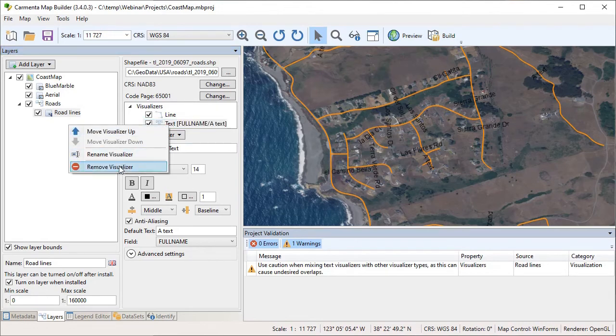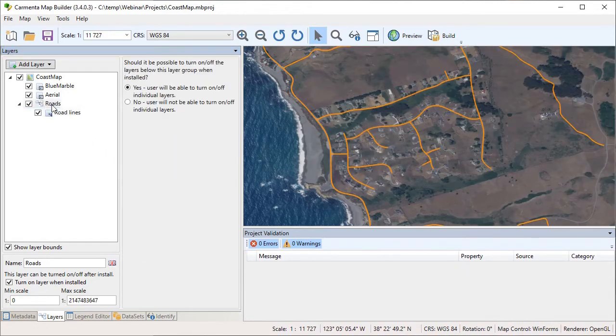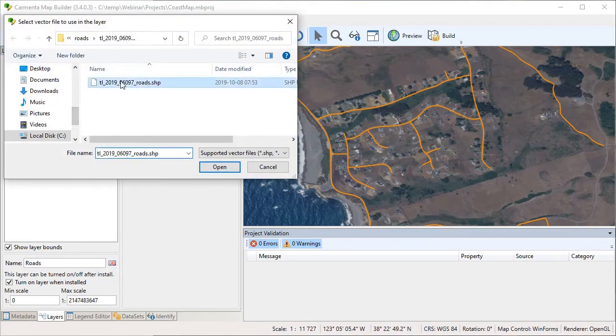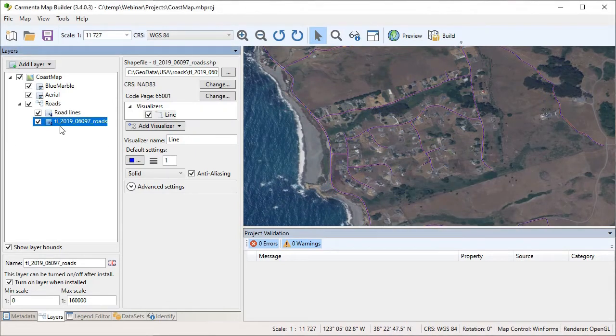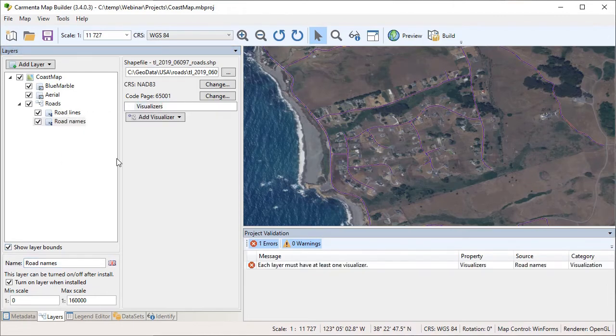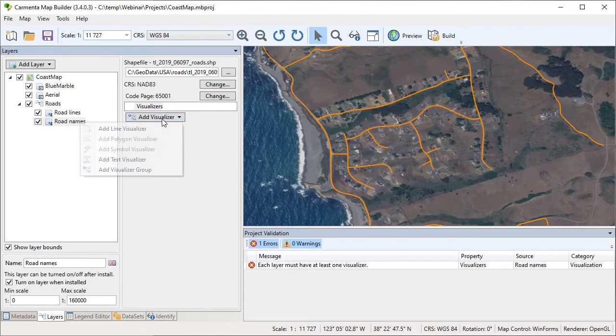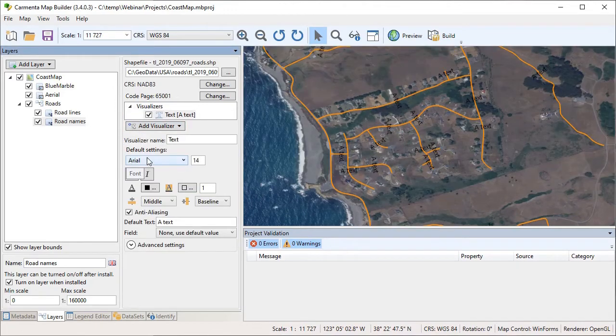rid of this text visualizer, and instead we add another vector layer using the same shapefile to our roads layer group, and we're going to call this one road names, and we'll get rid of the default line visualizer and we'll add text visualizer, and we'll use the full name metadata field. Now we don't have this warning, and